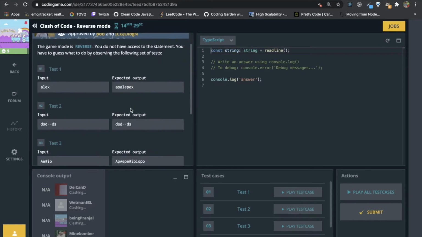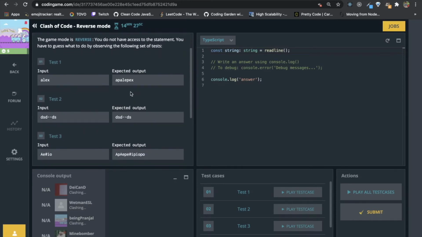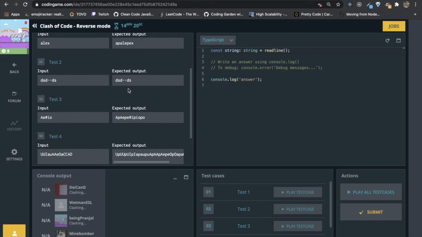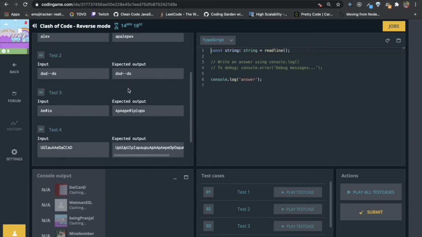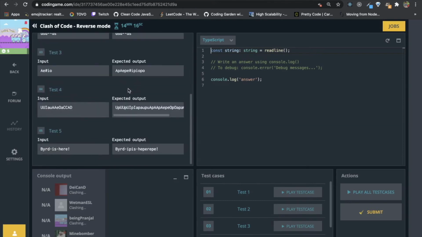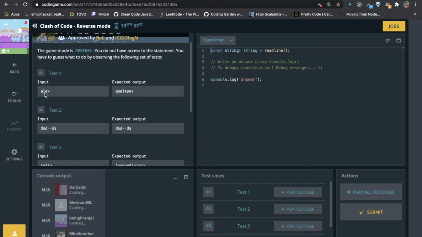So for Alex, it is ALEX, but in between they inserted PA and PE. For Alex it was A, P, and then ALEP.